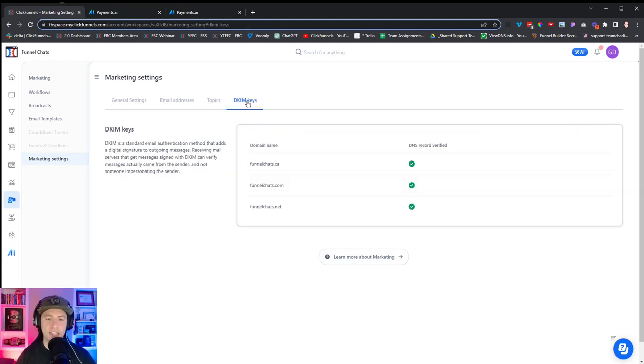Okay, then we have DKIM keys. This is the piece that forever was tricky and causing issues for people, but now we actually set up our DKIM key right when we connect our domain. So we don't have to wait for anything to verify because we did that in step 1 already. So for us right now, it's as easy as just setting up those general settings, setting up some email addresses,